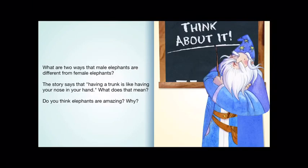Now, these are the questions I would like you to answer. Question number 1. What are 2 ways that male elephants are different from female elephants? We would answer it like this. 2 ways that male elephants are different from female elephants are...